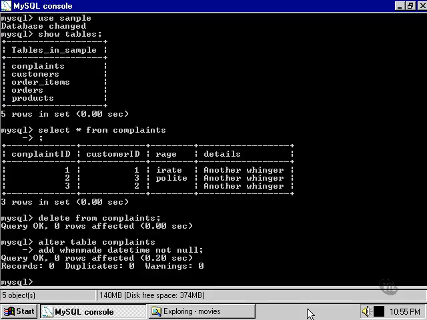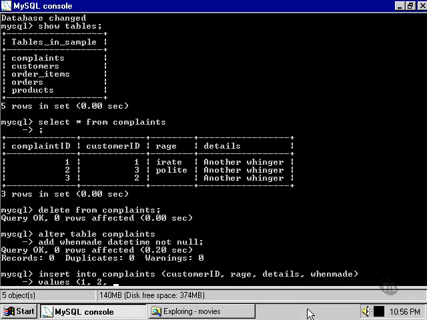Now what happens when we insert into the complaints table? Let's specify the columns we want to insert into, all the existing columns and our new column that we've just added, apart from the complaint ID, which of course will be auto-incremented. And we're going to specify some values for the customer ID, a level of rage with which they made their complaint, a reason why they're complaining, and finally we're going to insert a date and time into the when made